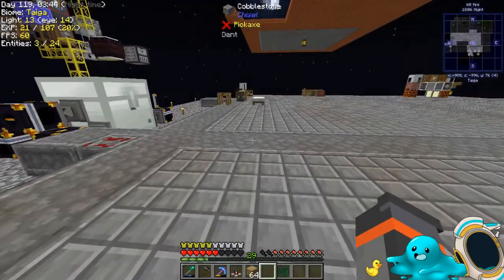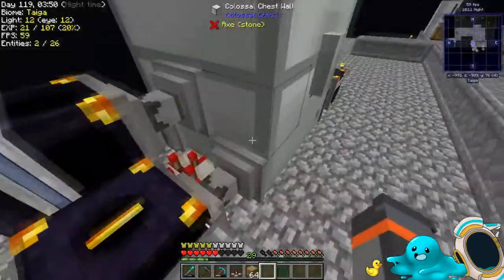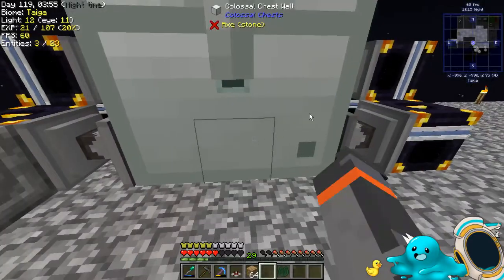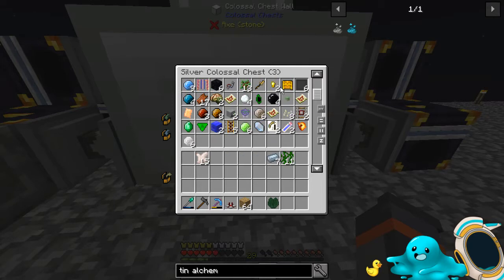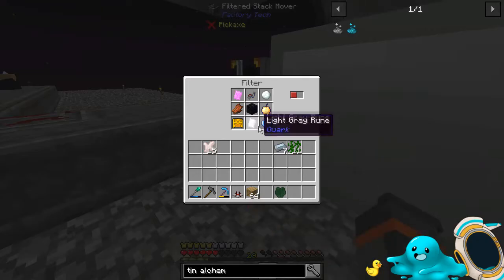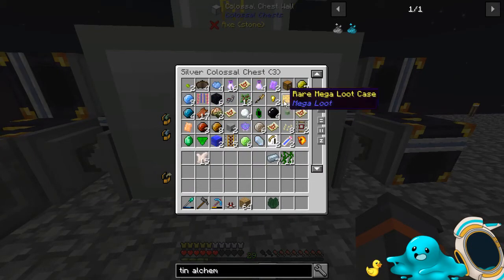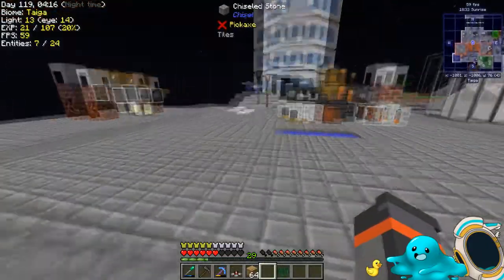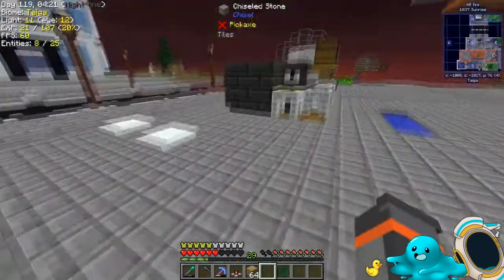But the main thing we're doing, I did set this up to try and do it auto-outputting, but it doesn't actually do it properly. Like, these are filtered, and they're set to first matches, but they don't filter here properly. I did a lot of sorting out of my inventory, but you can see that there's stuff in the filters that's still just sitting here. Like Rare Mega Loot Chest is in one of these filters, and it's still just sitting in there, not being taken out, which is a mild concern. So I need better pipes, and the way to get better pipes is by